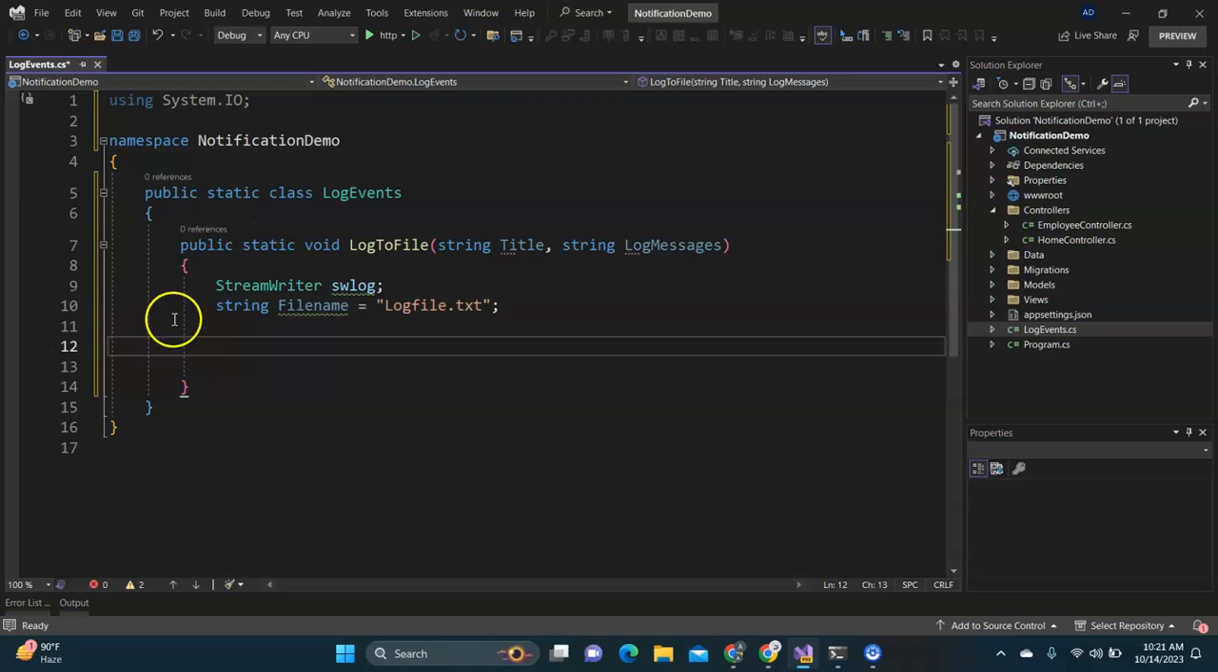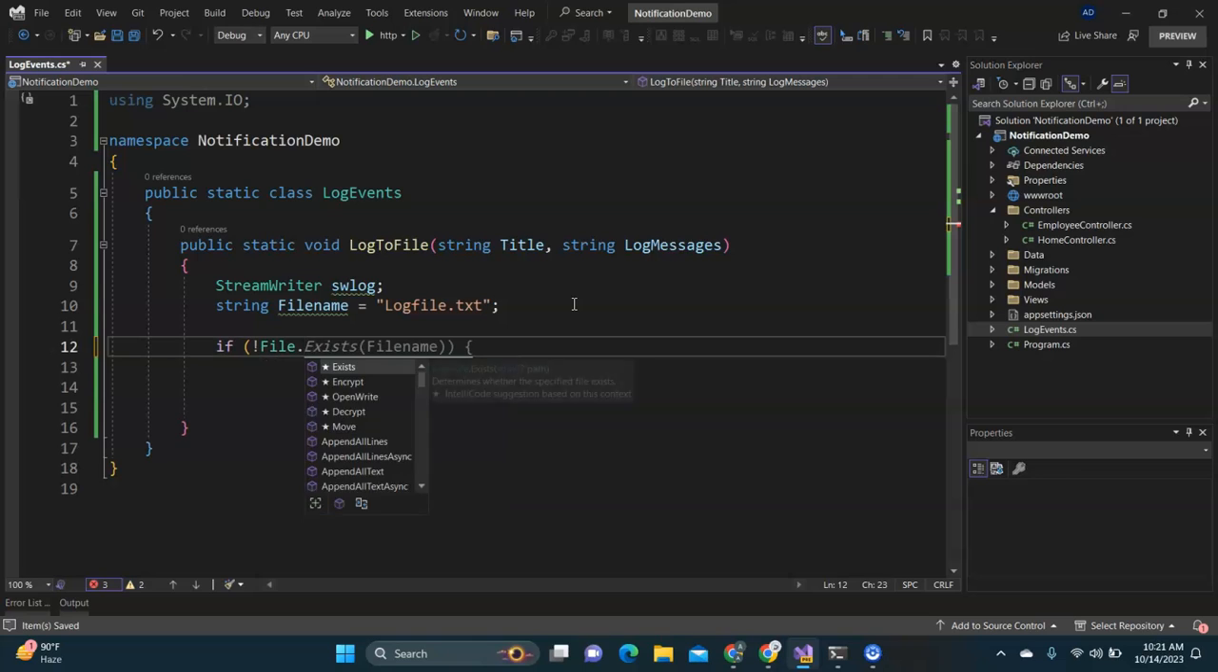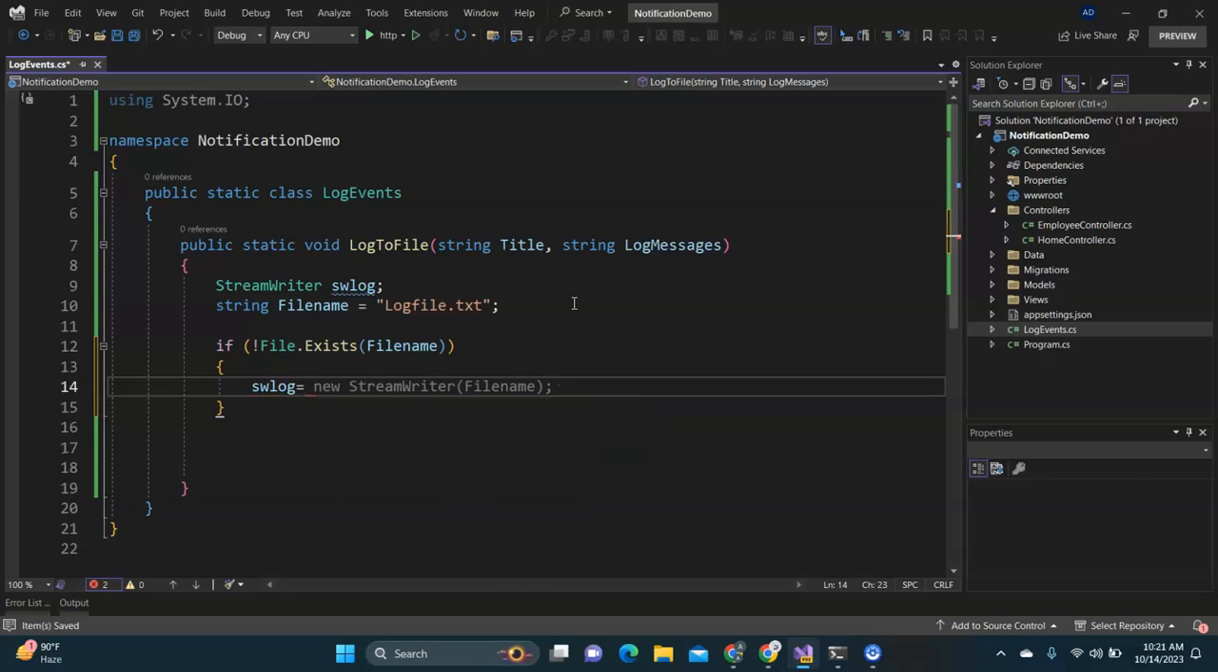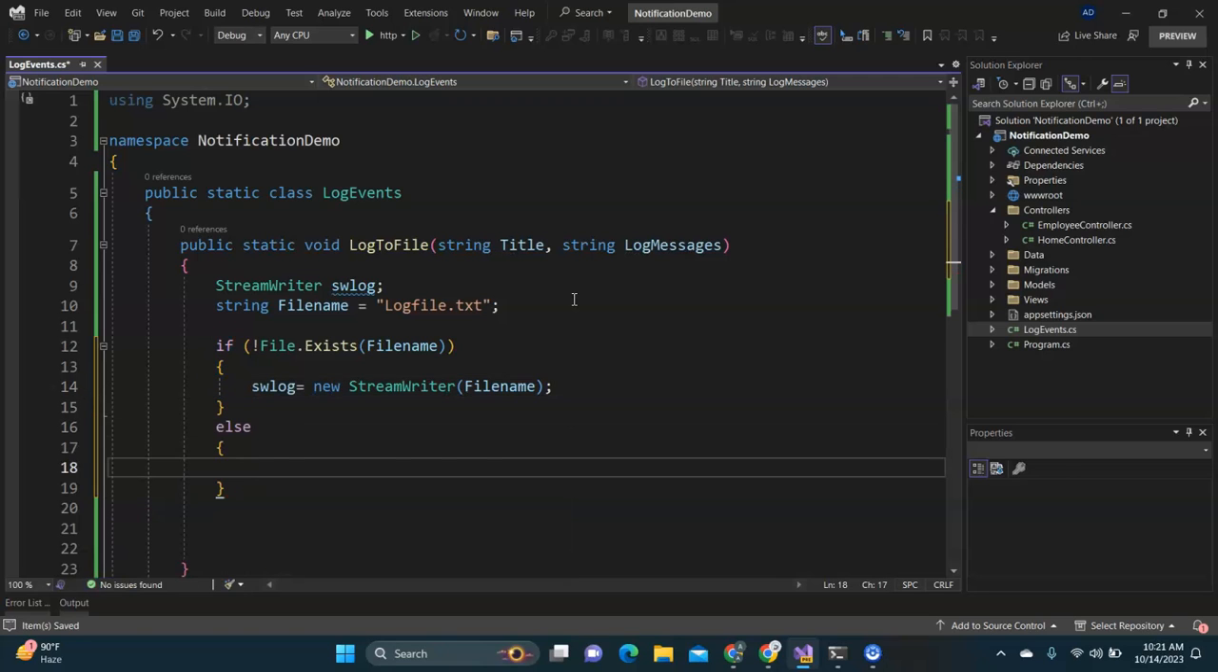We will show you how to create the files dynamically, and how to create a folder and then keep those exception files inside the folder. For now I'm just going to complete the code, and we will enhance the code as well. So here I'm going to check if the file does not exist with the fileName, then I'm going to create it: swLog is a new StreamWriter with the fileName. This will create the file, and if the file exists, then I'm going to append it, swLog equals